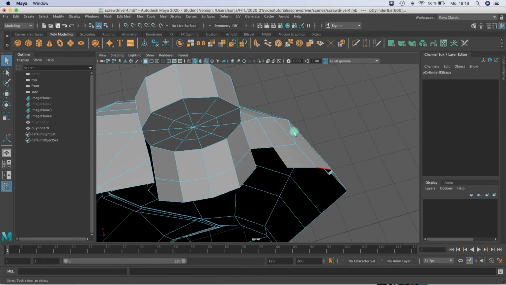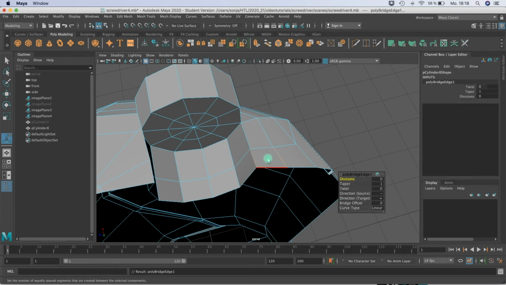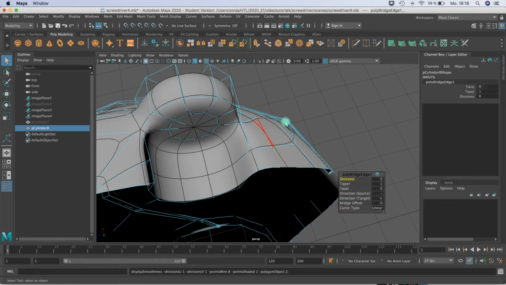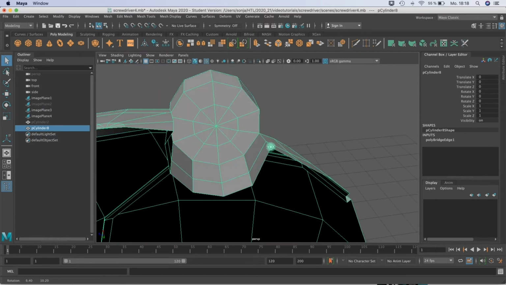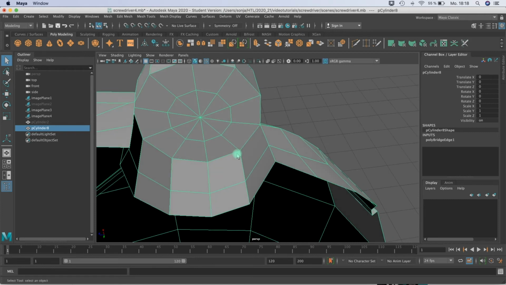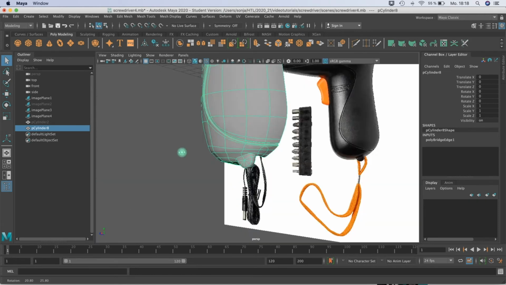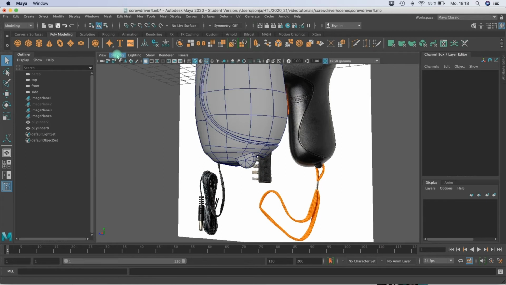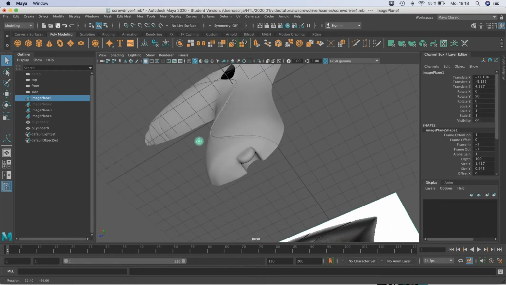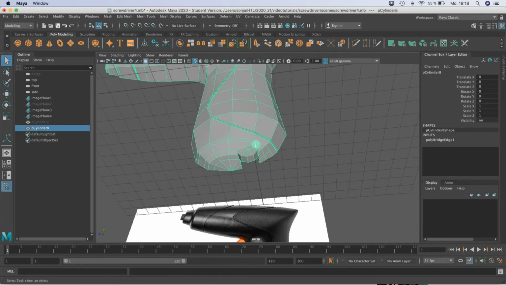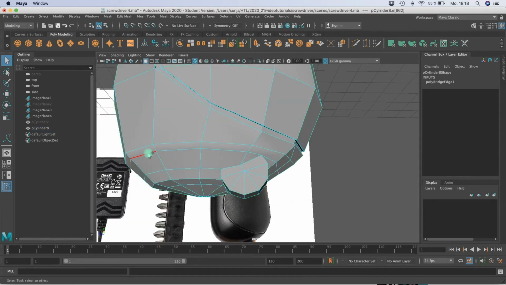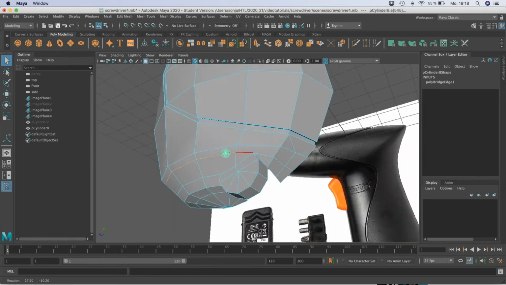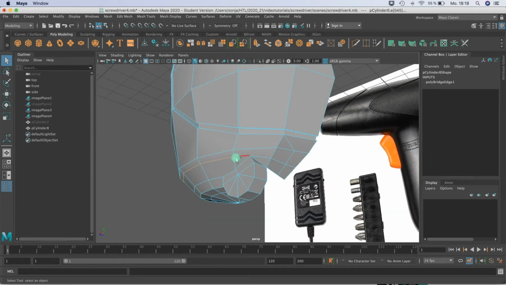So then I will try bridge. Yes, now you see, the geometry is forming well. And let's see from all around, because I switched off my wireframe, unshaded, because now you see here where I have too many edge loops. Of course, I inserted them because I needed them for connection, but I will reconnect this to another point,